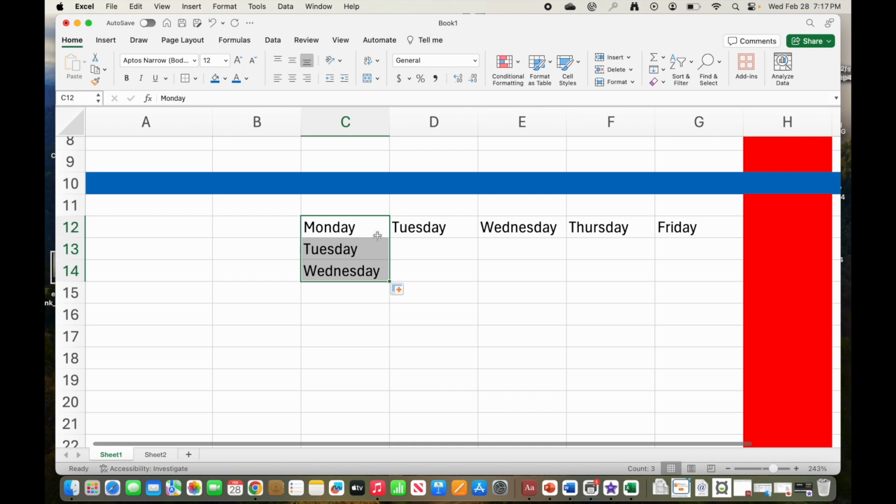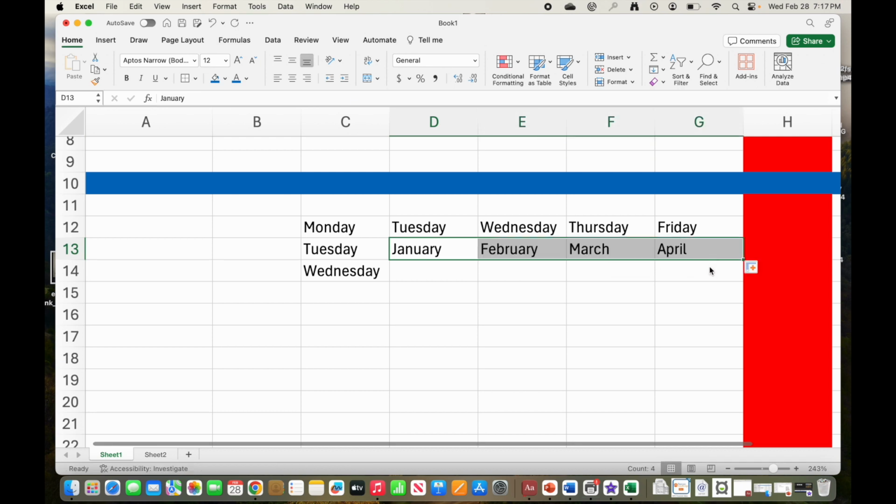That cursor is what we call the fill handle. It will also work with days, with months. So January, you can fill over or fill down. It will also count for you. So